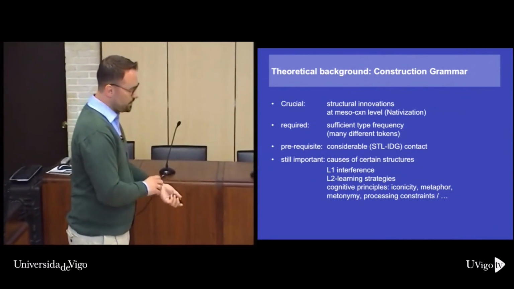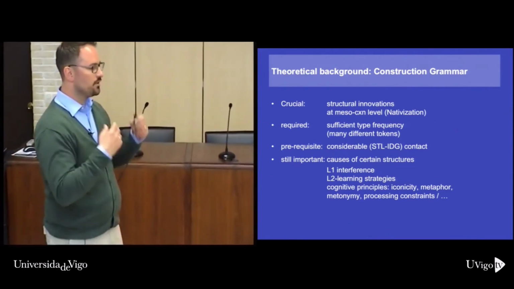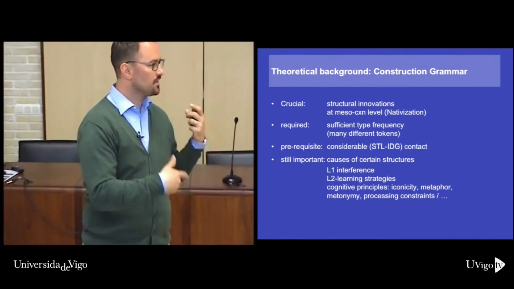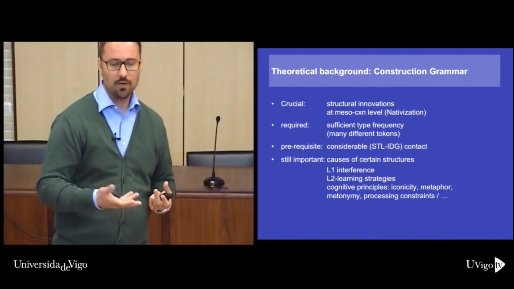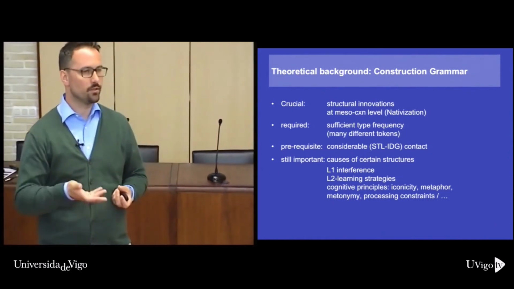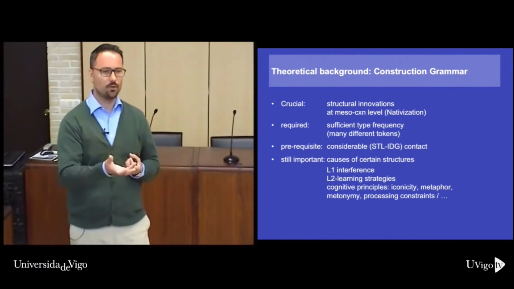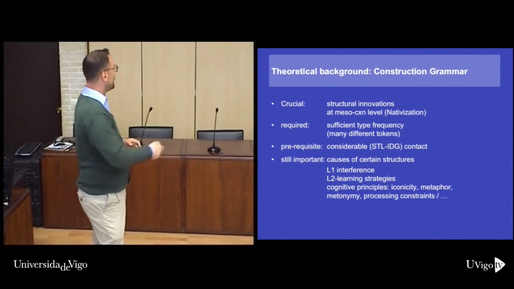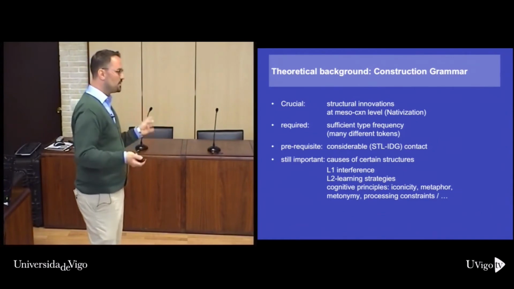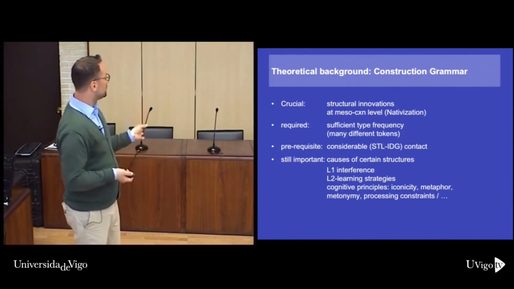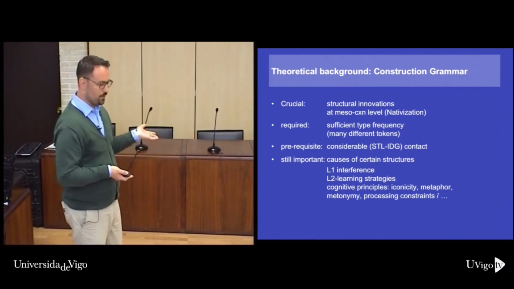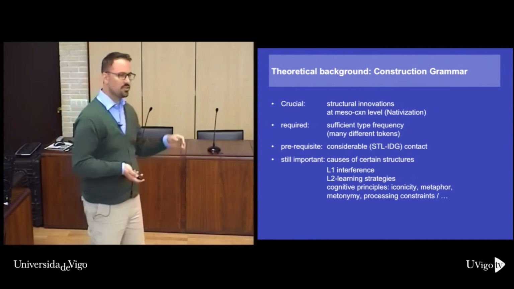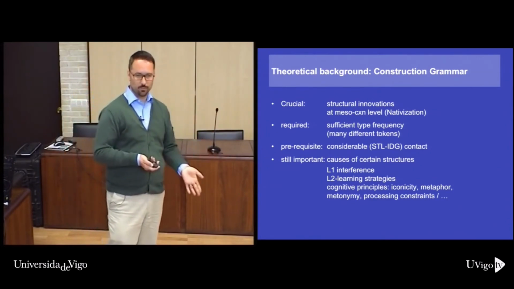Okay? For the indigenous people, there is still the possibility they've got a fully fledged constructicon, their first language. And certain structures and conceptualizations, those will play a role. Remember what I said about Indian English there. It said that the recipient, for example, in a giving event is not encoded linguistically. Okay? That would be an interference that can come from their structural setup. We've got L2 learning strategies, simplification, generalization, cognitive principles, which we also assume are at work in pidginization and in languages in general, iconicity and metaphor, metonymy, processing constraints, everything we've talked about before. These things are also going to play a role.